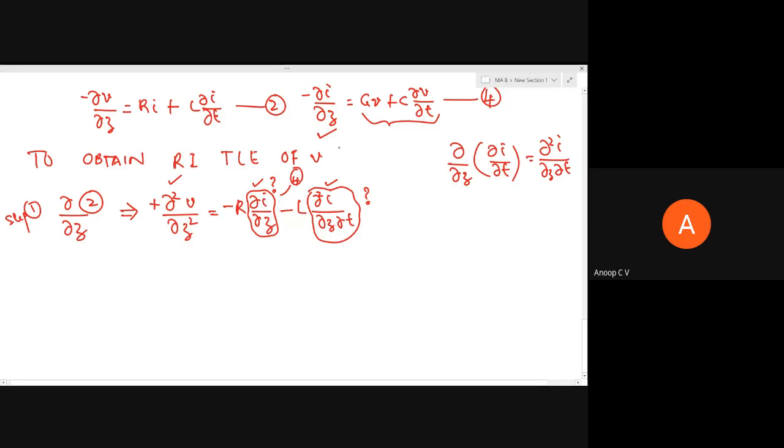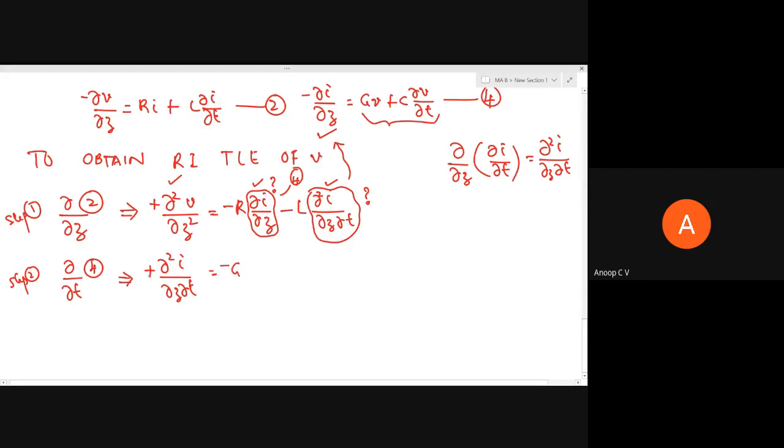If you differentiate equation number 4 with respect to T, what will you get? So that is step 2. For that you differentiate: step 2, differentiate equation number 4 with respect to T. Again, I'll multiply on both sides with minus. So this becomes dou square I by dou Z dou T. This is what I need. And on the right-hand side, we have only V, so it's not a problem. So it is minus G